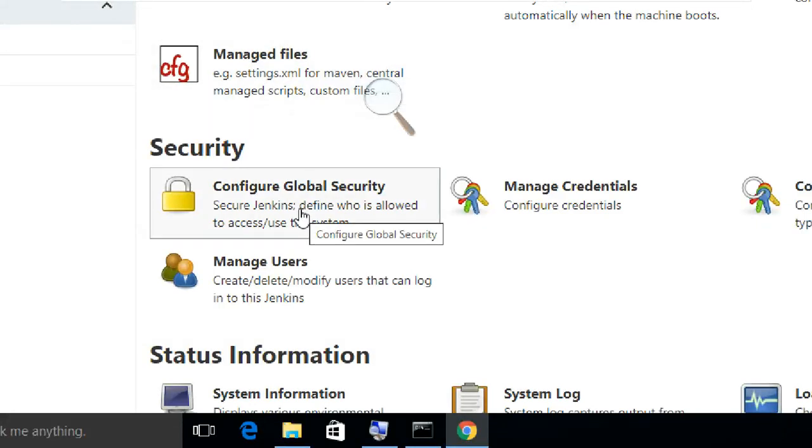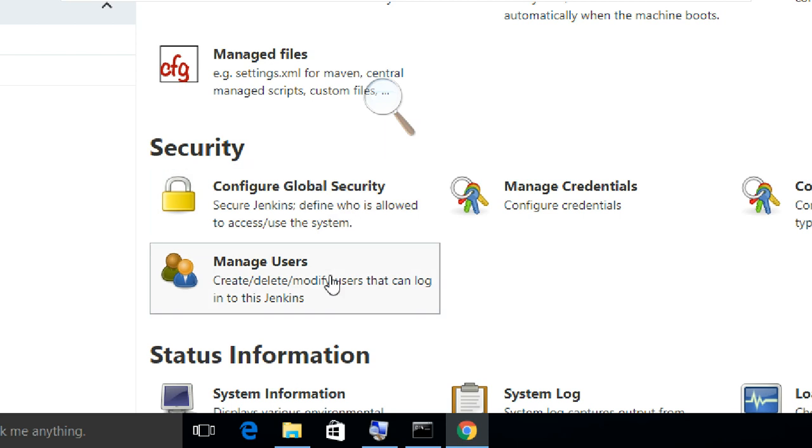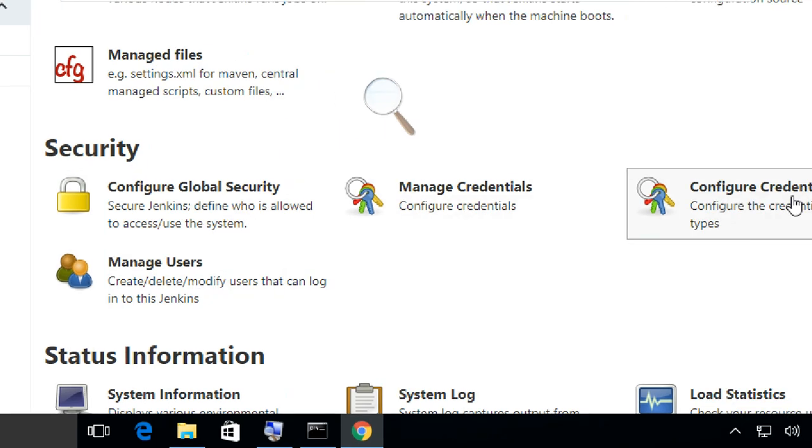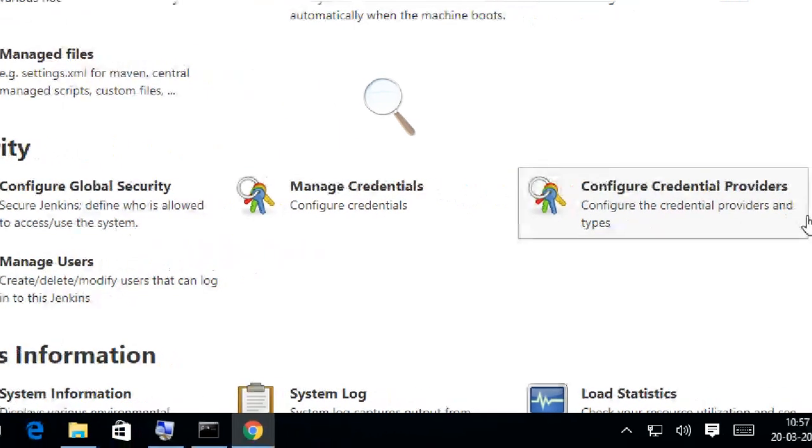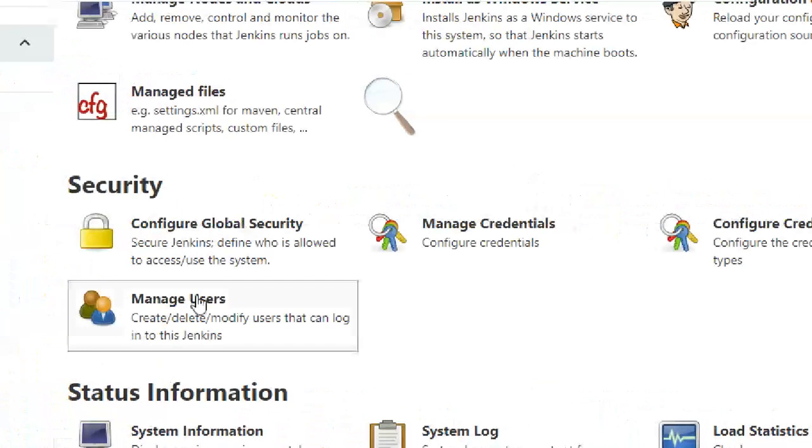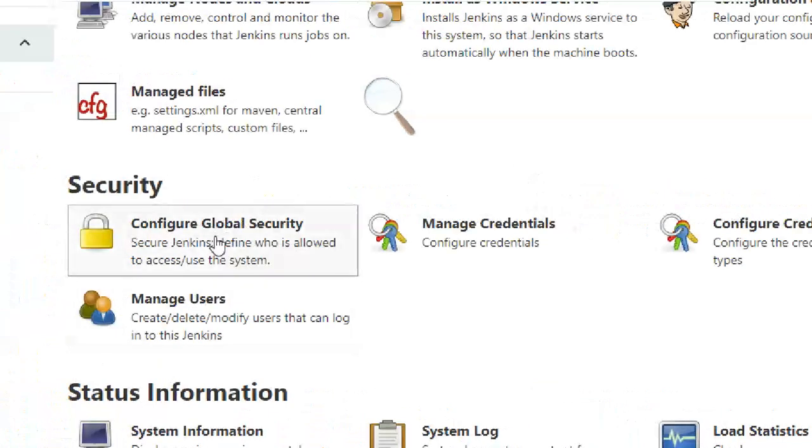This is Configure Global Security, Manage Users, Manage Credentials, Configure Credential Providers. This is for how to create a user and how to link the user, like how to connect Active Directory.